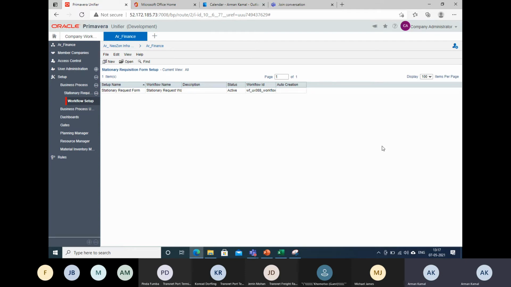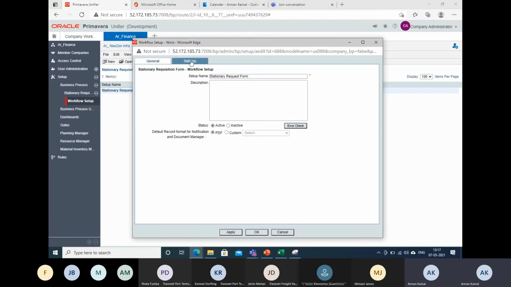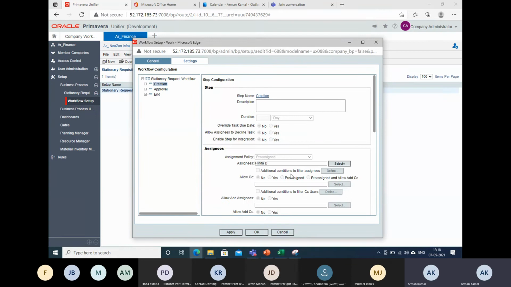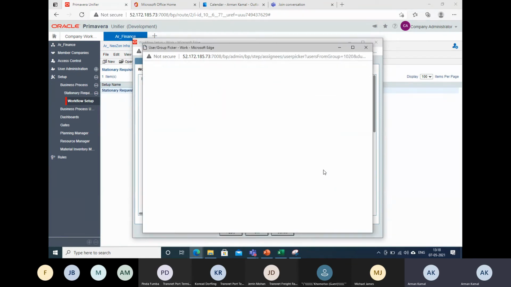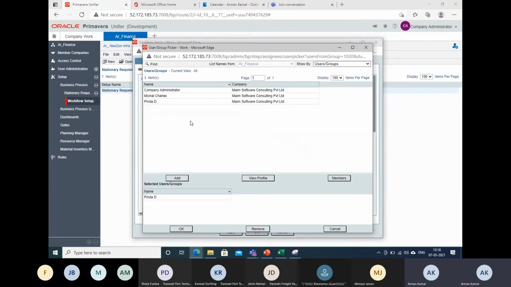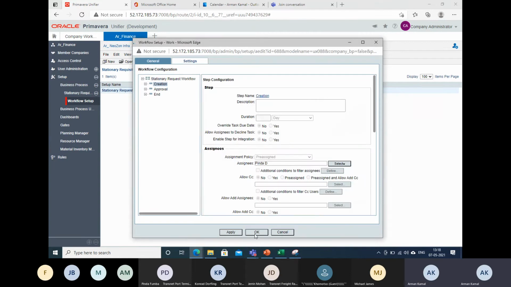So is there a way around that? The answer is no, you can save time by creating a group. If you see here, I'm just going back to the selection. If you see the creation, I am going to select user picker. I can also select the group. Now there is no group created. I can create a group of employees. So how to do that?